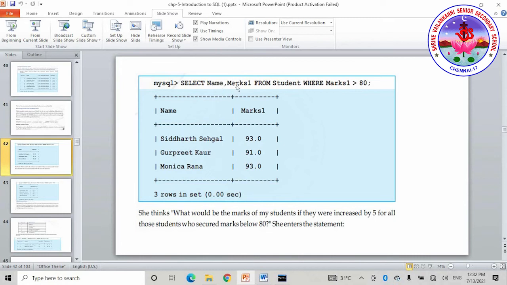So see here, now I am retrieving only two columns, name and marks 1, and from which table I am going to retrieve, that I have to provide. Select helps you to extract. So select name, marks 1 from the student table, followed by the where keyword, you have to provide the condition. What condition you want to apply to filter the records to extract the specific rows. I have given the condition marks 1 greater than 80. Whomsoever has got marks 1 greater than 80, only those student names will be retrieved.